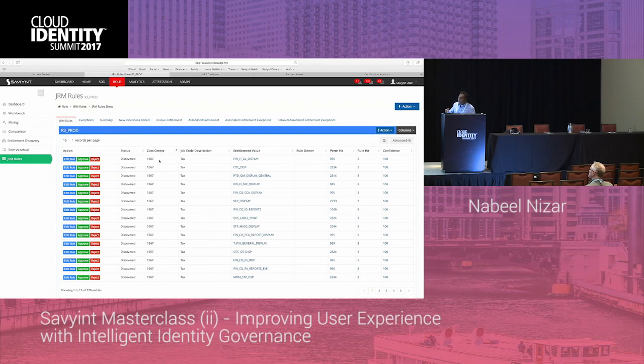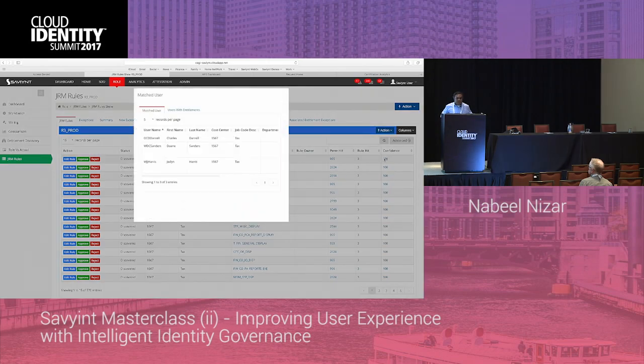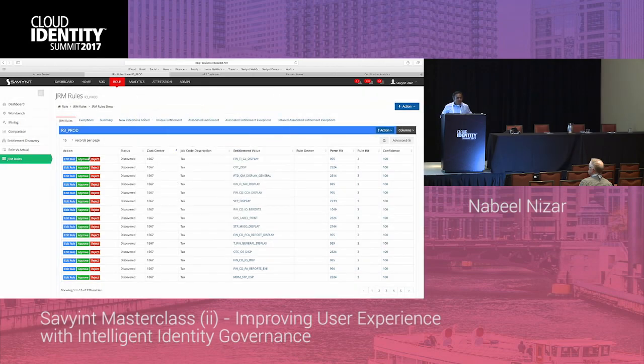So for example, I'll come back and say, I want to focus on job code 1567, which has a job code description of tax, and a specific entitlement for that end user, or that authorization, that is the visibility into the general ledger display in the finance application. It's hit 995 people that have one of those 3 attributes. And then it goes through and says with 100% confidence that there's 3 people that match up to that rule. I can quickly look at it, verify that they are the users that have those entitlements, and approve this rule,